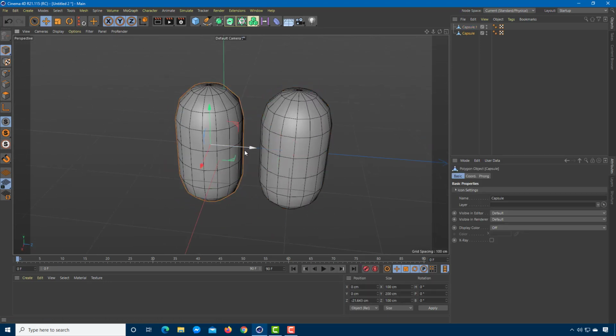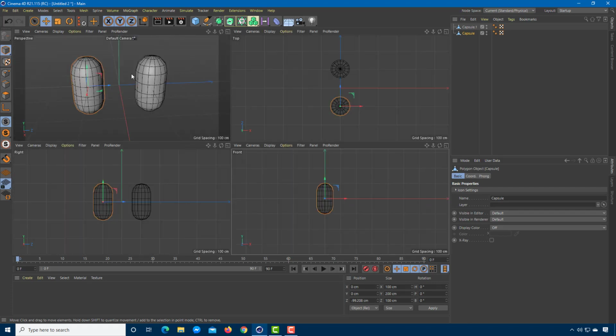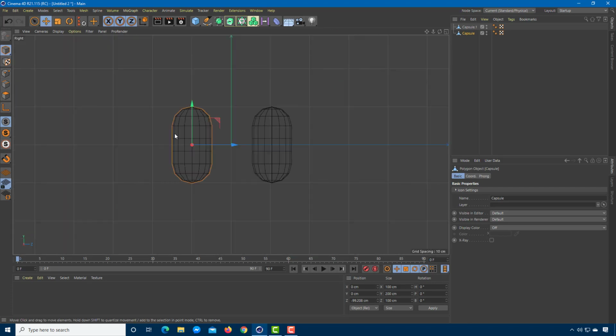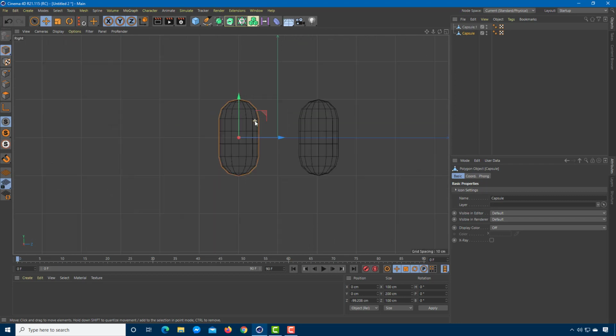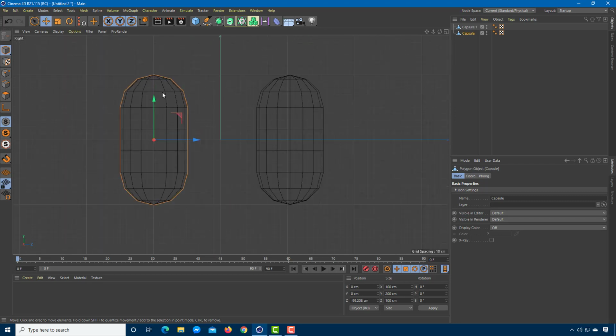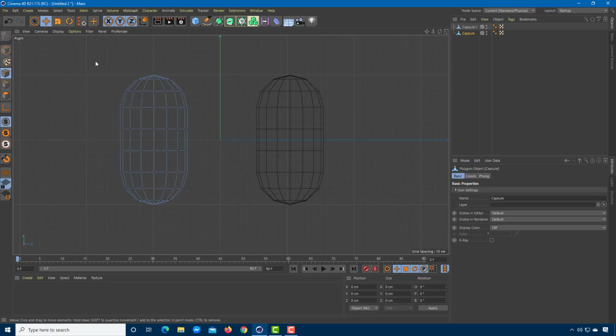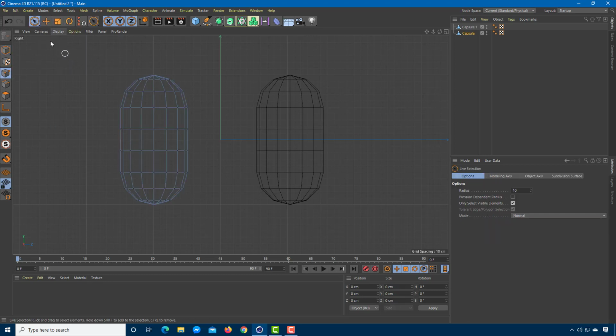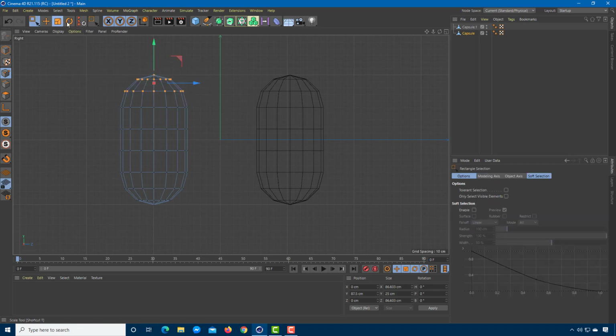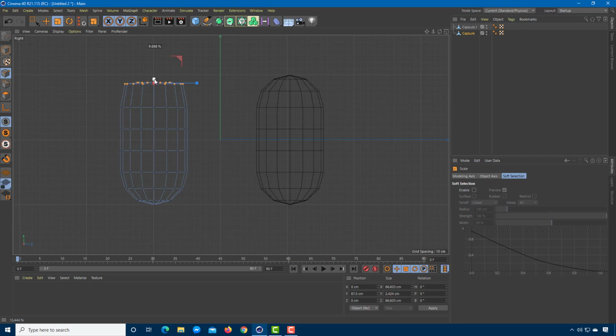So now what I'm going to do is make up a model right here. I'm going to select this out from the side view. I'm going to make this look like a tin can. I'm going to go on to my points mode, and I'm going to go on to my not live selection but rectangular selection, and I'm going to select this and then resize this out. I'm going to make this flat just like this, so it actually looks like a tin can, and I'm going to move this around right here, just like that, so that it looks like a tin can.